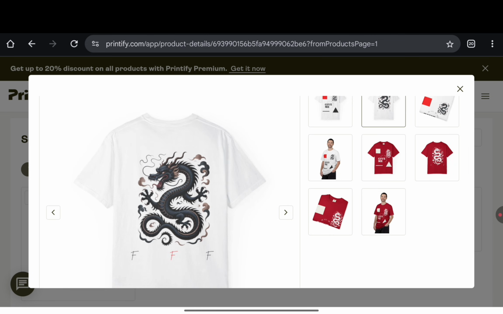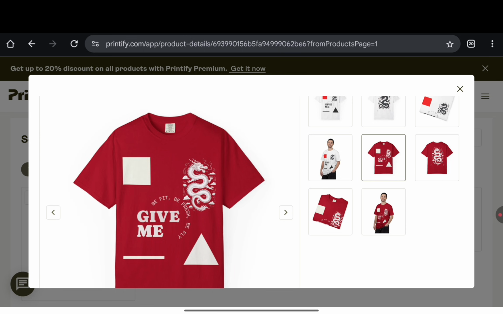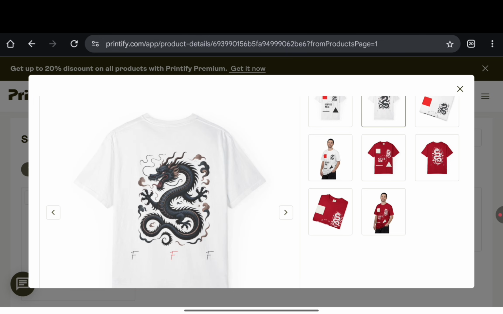Now, obviously, you can see that the dragon logo on this is not the same as the one over here, right? You can always use the same logo, but the reason why they're not the same is because this is actually an AI-generated image in this same platform. I didn't actually spend a dime to create this image, right? An AI-generated image and a background removal I applied to this.